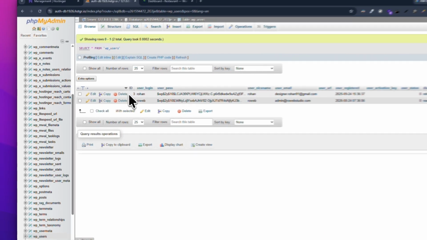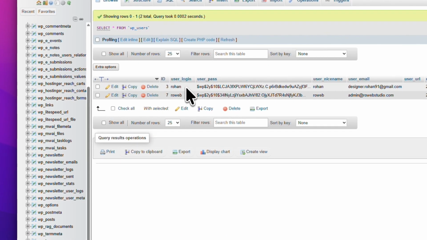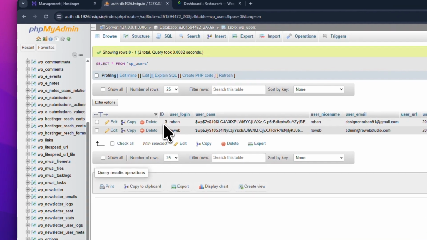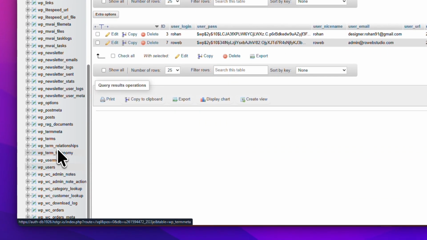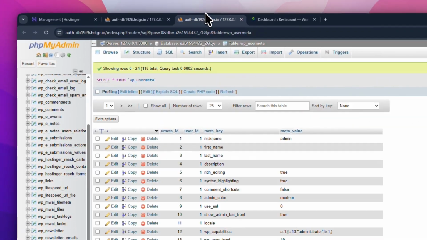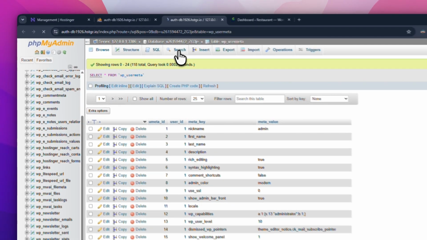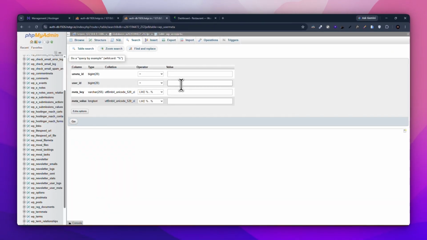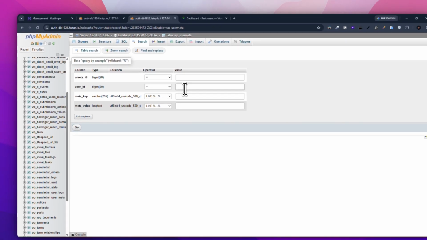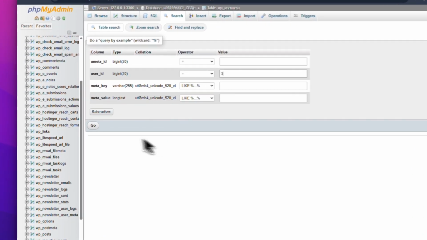and here I can see two users, Rohan and Raweb, and user ID one is 3. So we need to search on this user ID from user metadata. So let's find user metadata here, and user ID equal 3, and go,